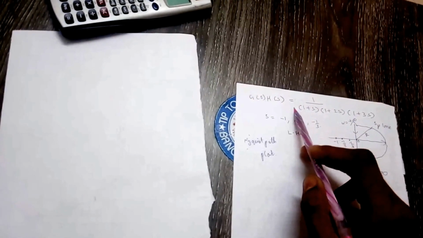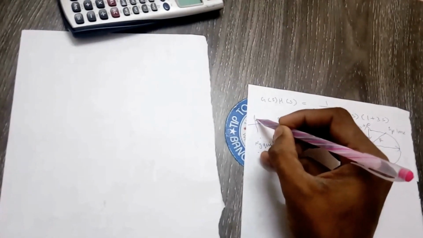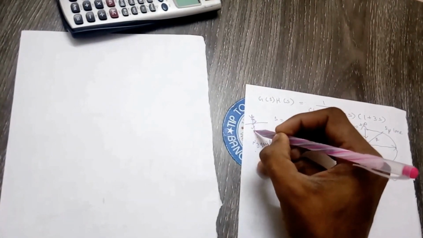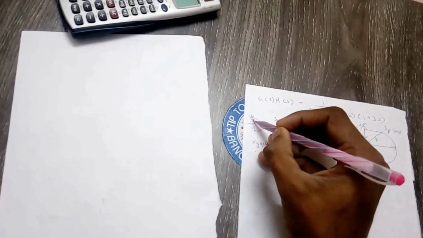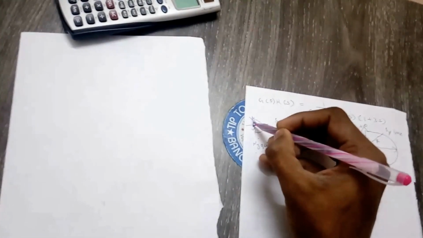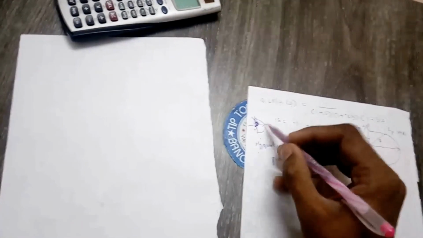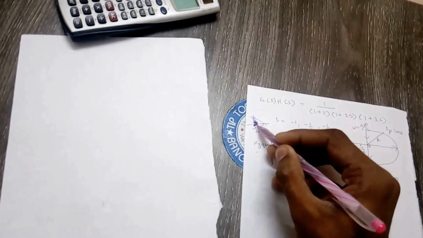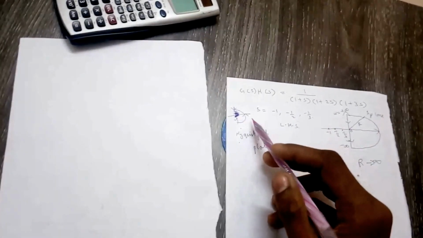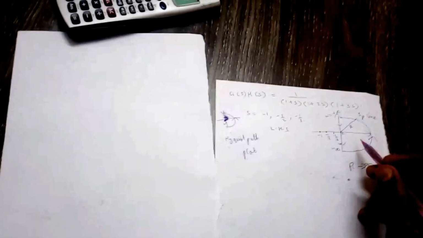If I have a pole at the origin, then this will be somewhat like this. This is how it will be looking. We will not be considering the origin, but a small portion around it will not be considered, and it will be jumping above the origin like this. This part will not be considered, as we'll be seeing in the other examples. So this is the Nyquist contour we have obtained.